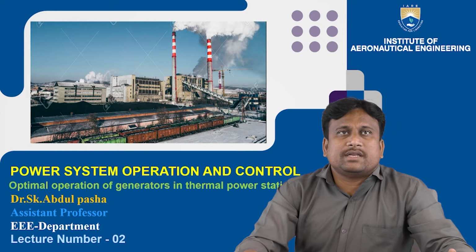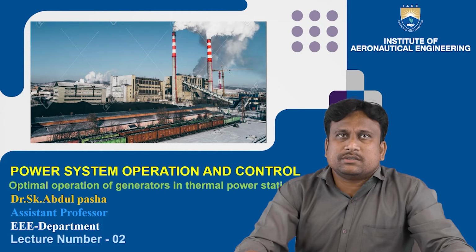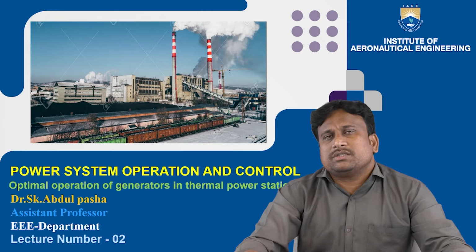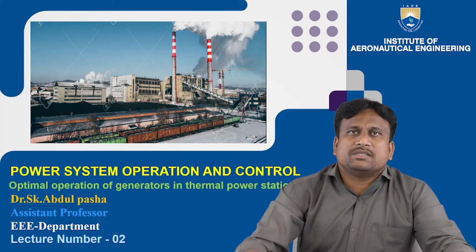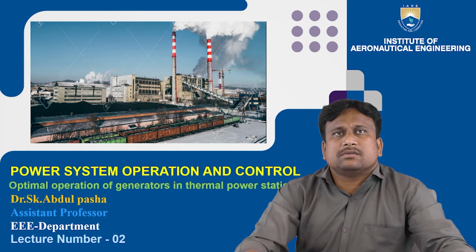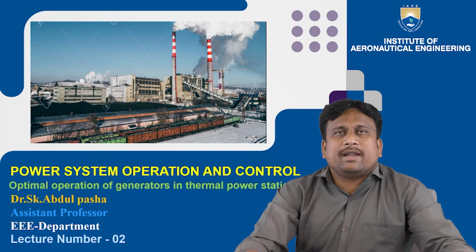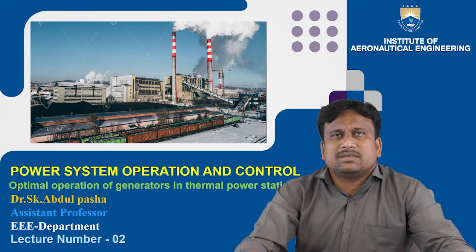It contains a second topic, optimal operation of generators in thermal power stations. Earlier we went through power system operation and control, the basic terminologies, and the basic constraints it contains. Every power system network, whether ideal or thermal, is associated with some basic constraints. To meet the load requirement or load demand, we go for some control operations inside the power system